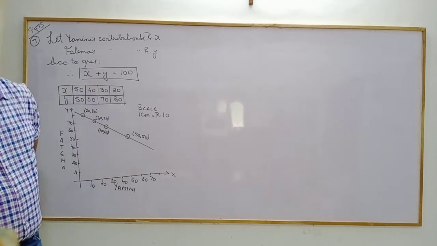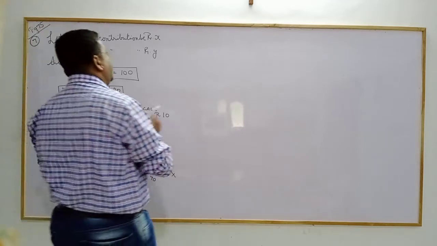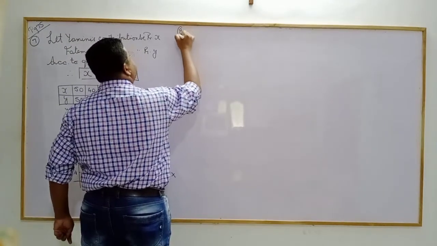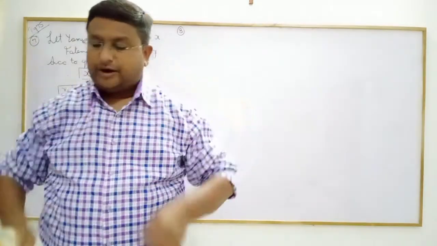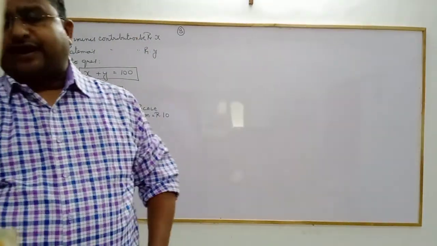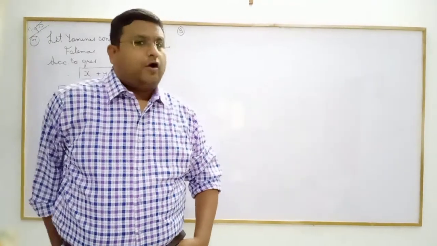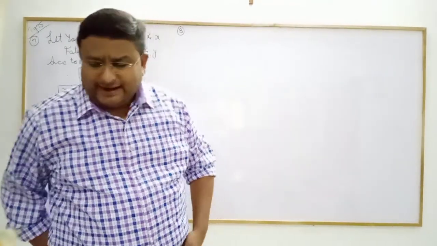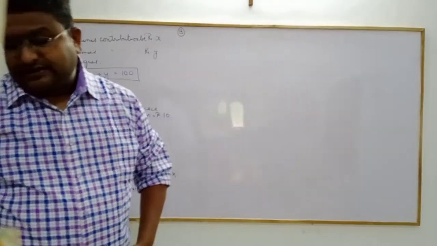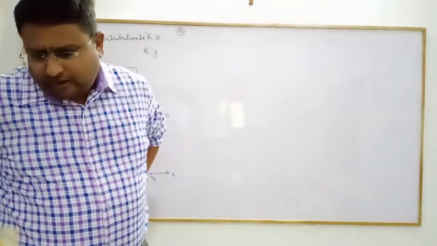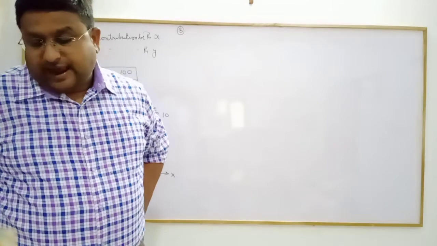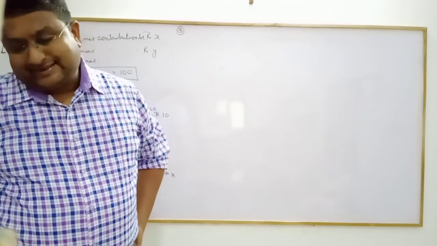Now we come down to question number 8. Very important question. You have studied this in science. It is about the relation between degree Celsius and degree Fahrenheit, the units for temperature. It says in countries like USA and Canada, temperature is measured in Fahrenheit. We all know what Fahrenheit is. Whereas in countries like India, it is measured in Celsius.